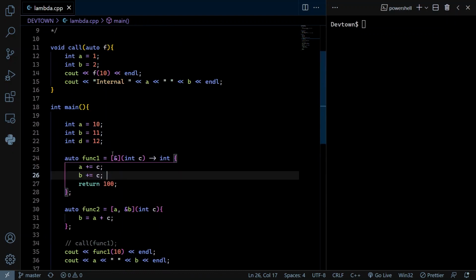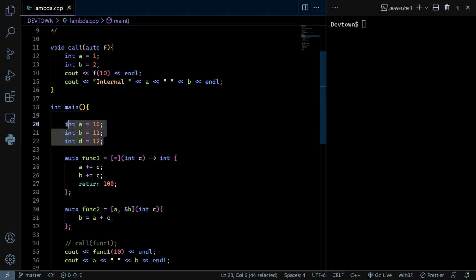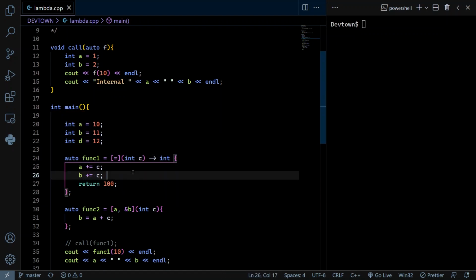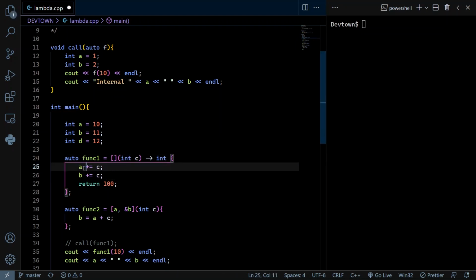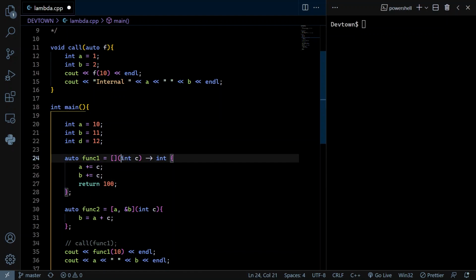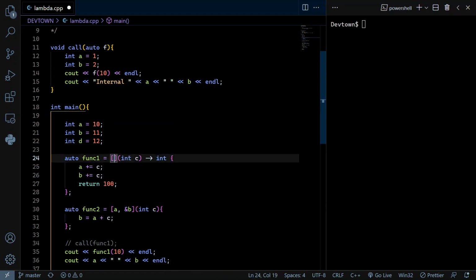If it is equal, then it will mean that I'm capturing them by value. So the values a, b, and d become read only, and I cannot actually modify them. We'll see that while compiling. And what I can do is I can leave it like this, in which I cannot actually access a and b within this block. I can only access integer c and whatever other integers are defined within my block of code,